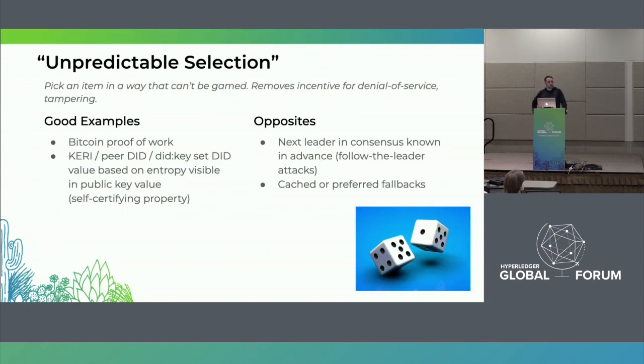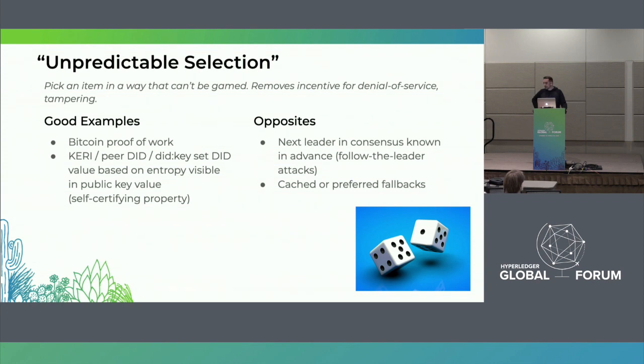This one is really obvious, but I've actually seen it used in some clever places that maybe aren't so obvious. Just having an unpredictable selection. So Bitcoin proof of work is based on this principle. The notion is everybody needs to mine, and there's no way of predicting in advance. You can't game the algorithm whether or not you're going to be the one that wins the mining contest and gets the Bitcoin, right? Because it's deliberately structured to be random.